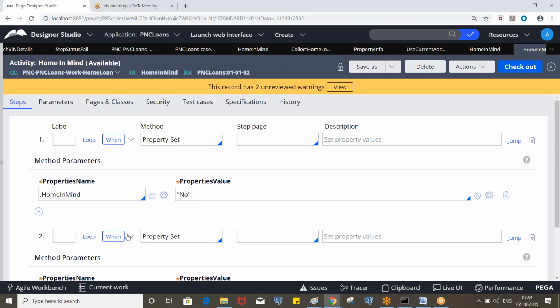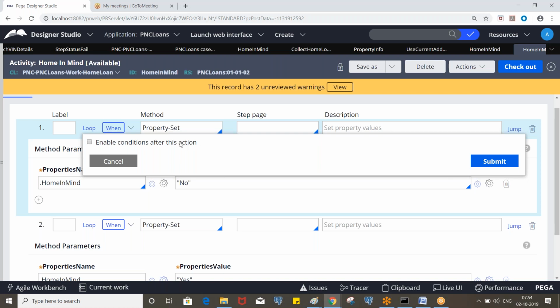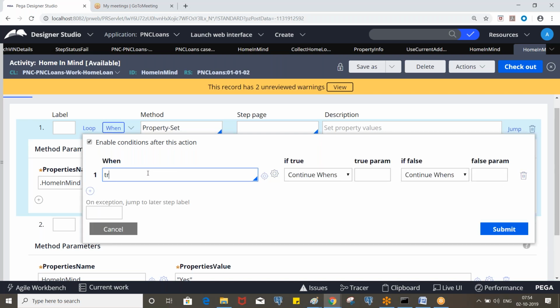And if the second condition is satisfied, the second step will be executed. So now let's say the first condition is satisfied, do we need to check the second condition? Either it will be a purchase or refinance. If it is a purchase, we don't need to go for the second step to check that condition, right? So we can always exit. If it comes to the transition, that means the first step is executed.